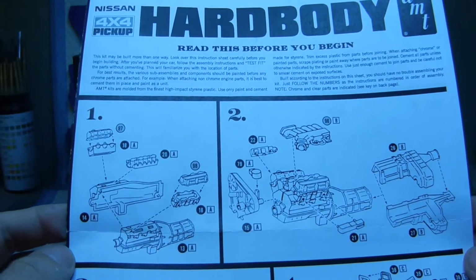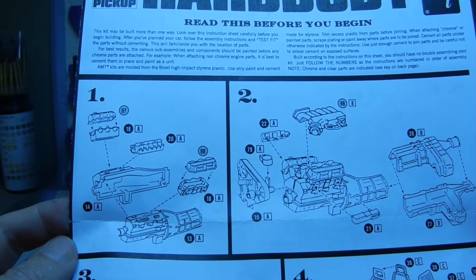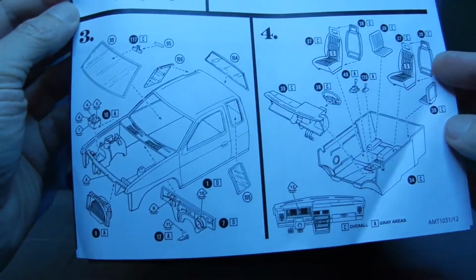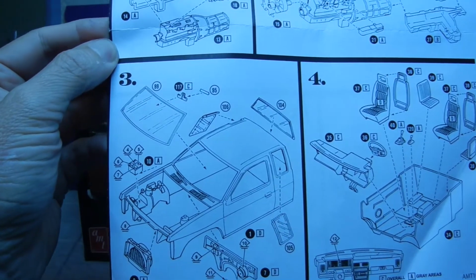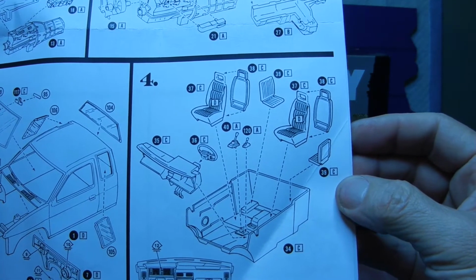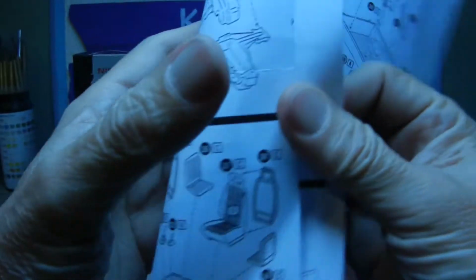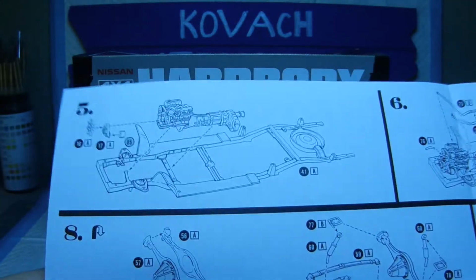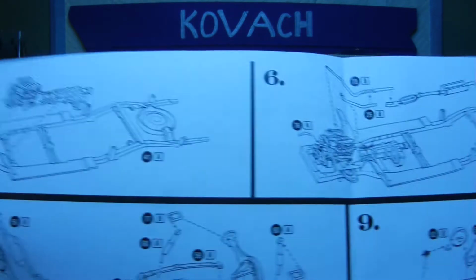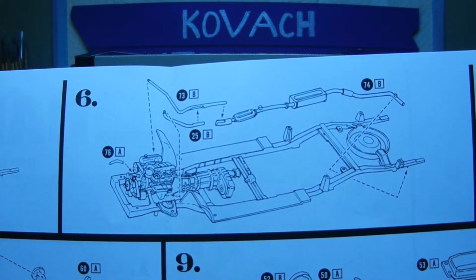Of course, like anything else, when you're starting on a vehicle kit, they pretty much start with the engine assembly. So there are your steps 1 and 2 right there. And then they follow up with some more exploded pictures. Here's number 3 and number 4, basically assembling the interior bucket with the seats and the dashboard and so on. And then we start with installing the engine onto the chassis for step 5, and then basically going into the muffler work and exhausts